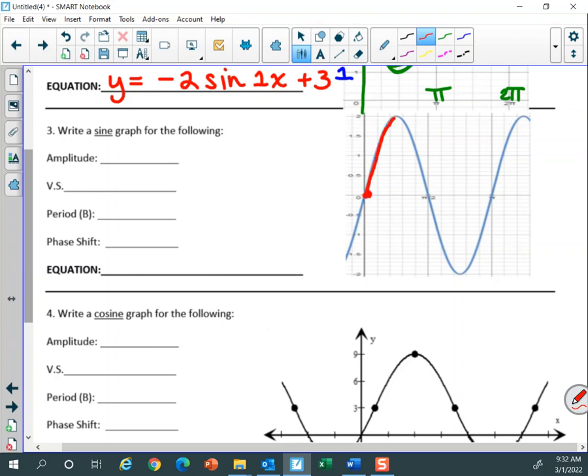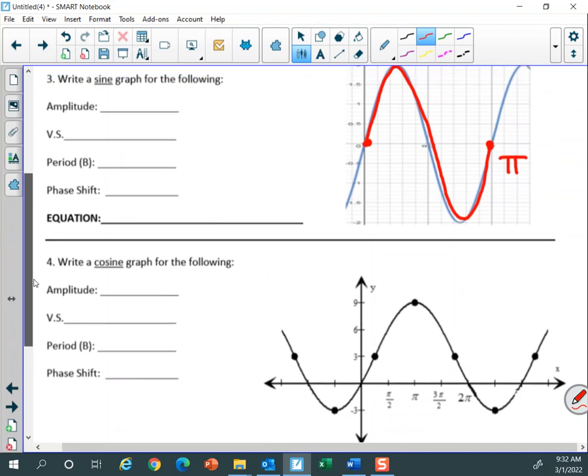I'm going to highlight a sine curve for you. And you can see that that curve ends at pi. And then